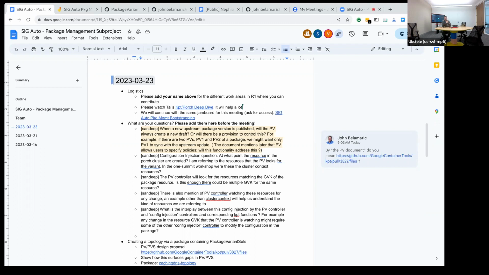I think calling those injectors, and calling that process injection, is a mistake, because really what they're doing is specialization. We call it package specialization, and they're not really injecting things. I think we should retire the injector terminology and have it only refer to the process that package variant is doing. The main point is that the individual condition types probably need to be owned by a single controller.